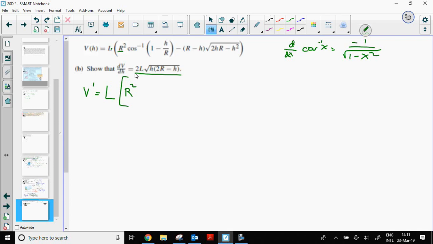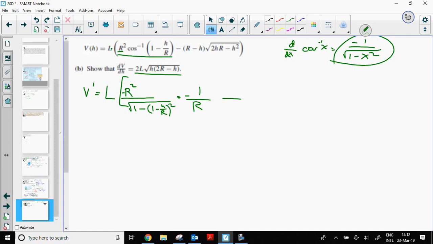Whew. So this is r squared times this. So let me write negative r squared over the square root of 1 minus h over r squared. Then we chain rule and we multiply by the derivative of 1 minus h over r. The derivative of 1 is just 0, and then the derivative of minus h over r is just going to be minus 1 over r. And we'll simplify those two expressions together in just a moment, but that's the derivative of our first term,